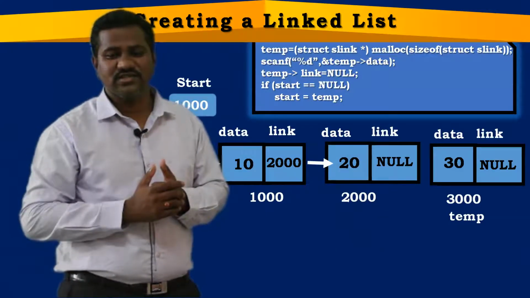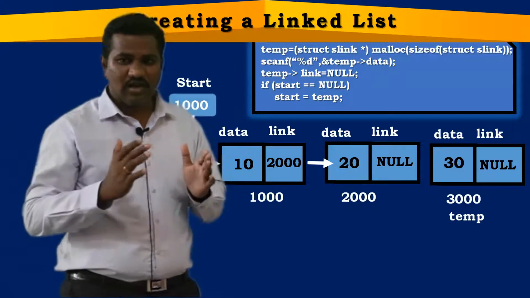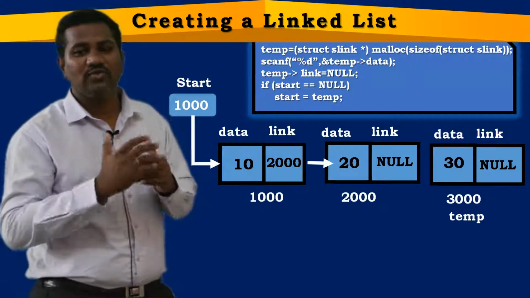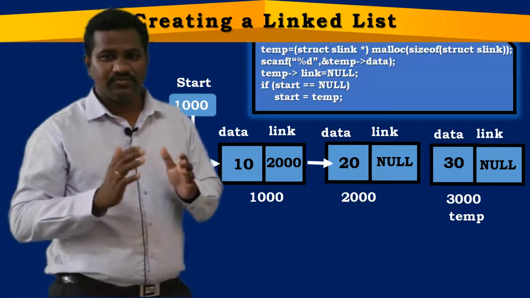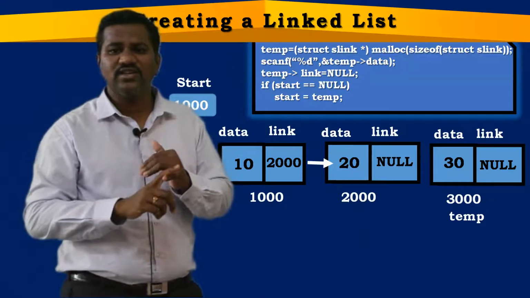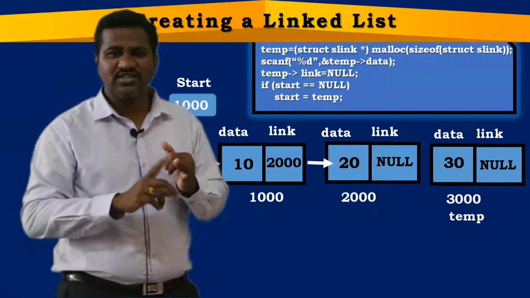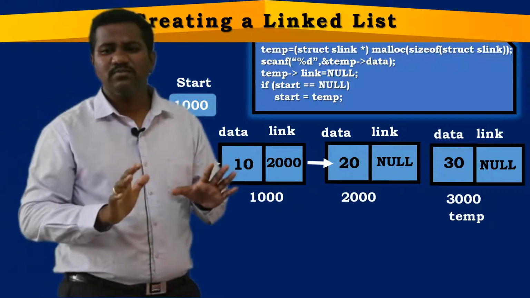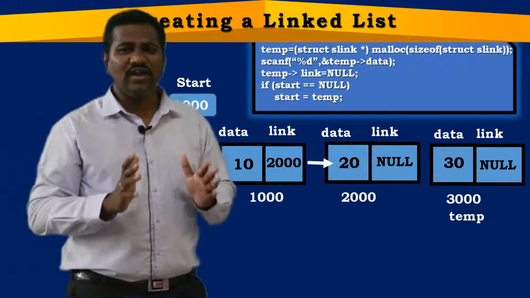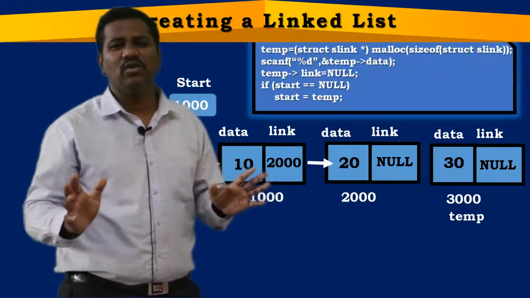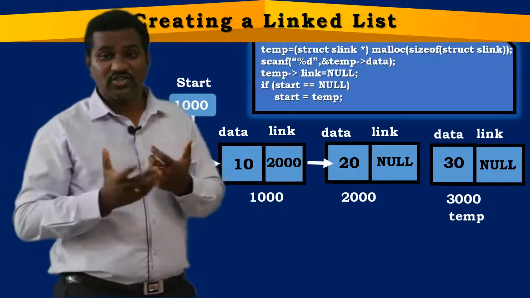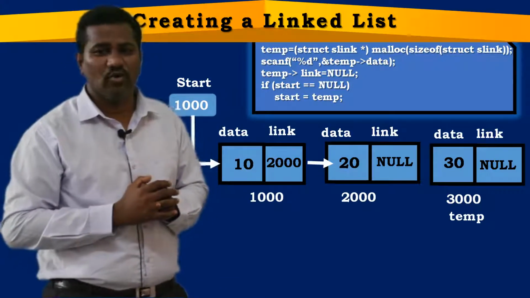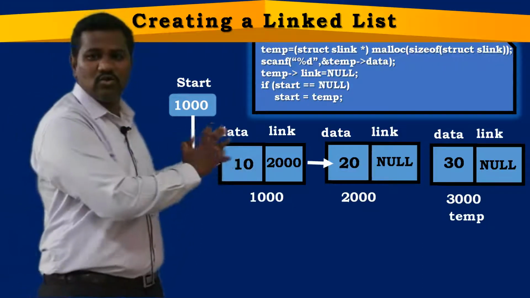Now we'll be seeing another case, how to create the third node. After completion of creating the third node, you will get clarity on how that while loop is going to be executed. So this create function and then the display function, that is traversing. If you understood these two things clearly, then the remaining things are very simple, because we'll be using the while loop everywhere in this coding. If you understood that while loop clearly, then it is very simple to understand the remaining part of the code.